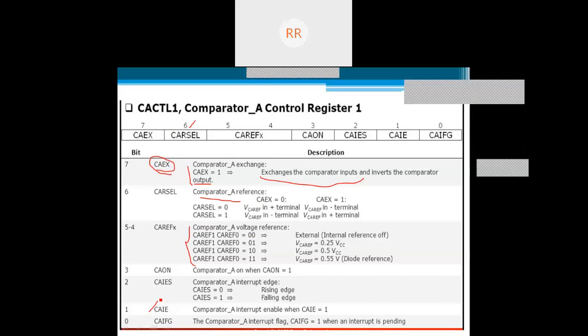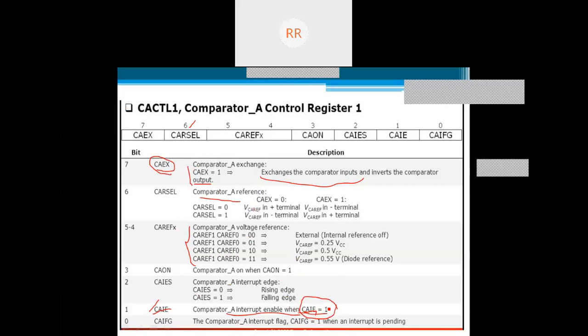Next, interrupt enable. As we already discussed, any particular peripheral block is going to have its own interrupts. For activating those interrupts, we have to set the interrupt enable bit. As this is given for comparator A, the naming convention is CAIE. If it is comparator B, it will be CBIE.